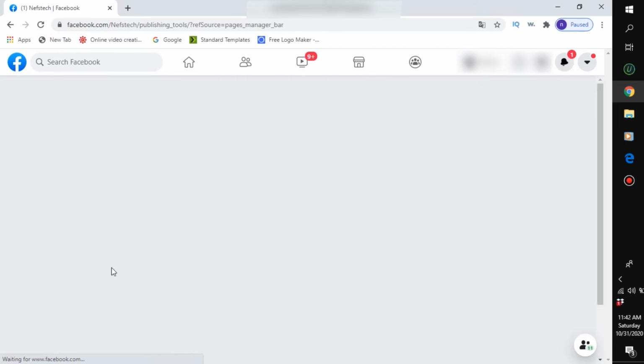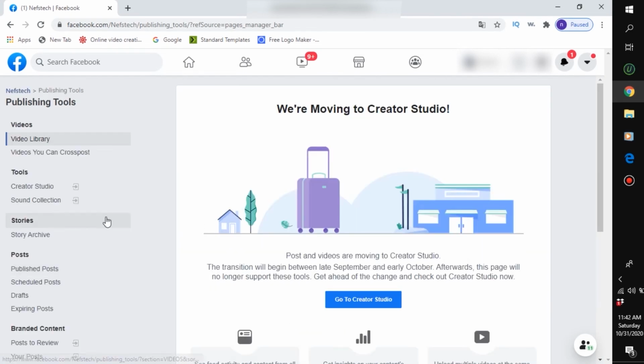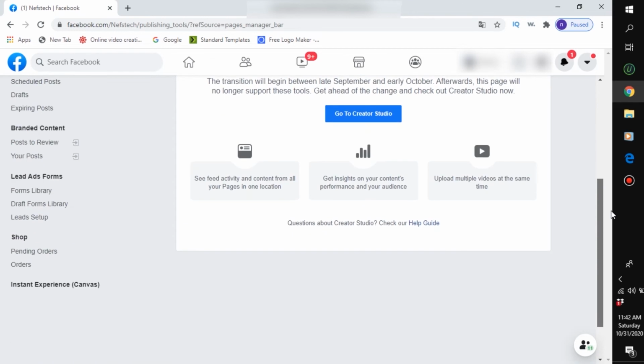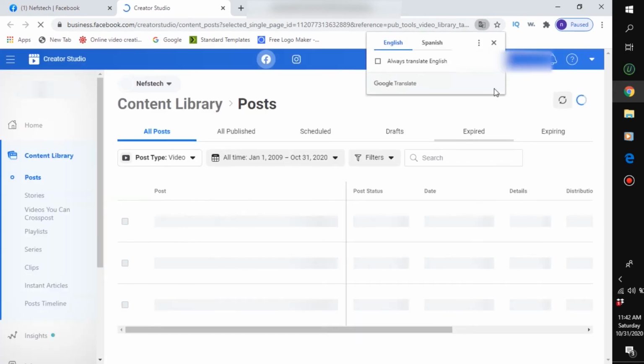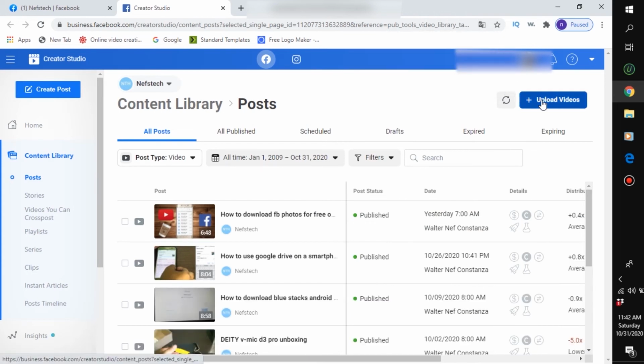Just wait for this website to load right here. Now once you're here, you want to scroll down to where it says Creator Studio, or you can do whatever one you want. Or what you can do is scroll down, and it says right here, go to Creator Studio, and now you'll be greeted with this upload button right here. Click the upload button,